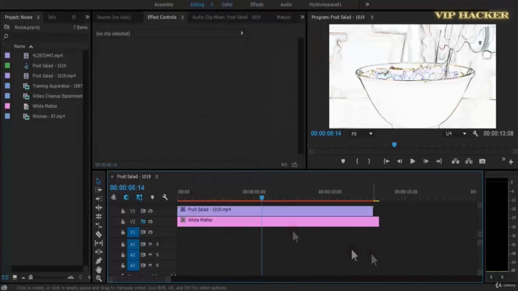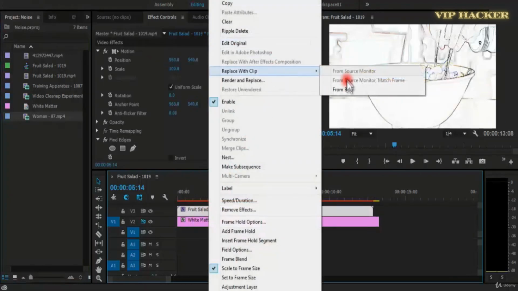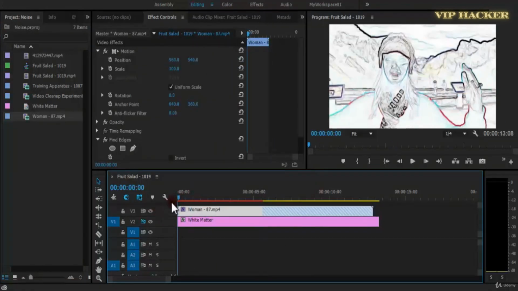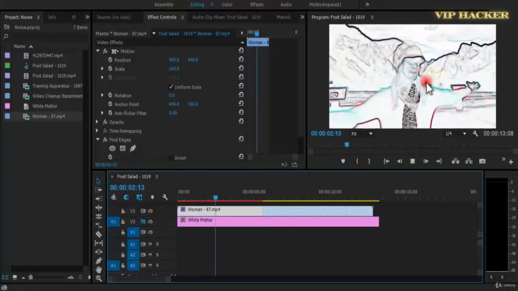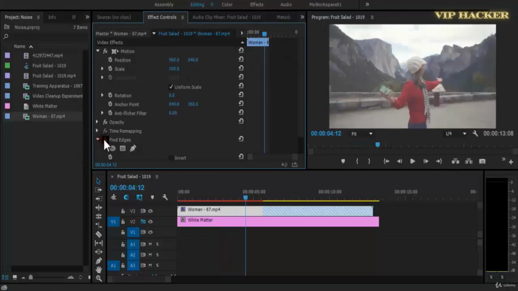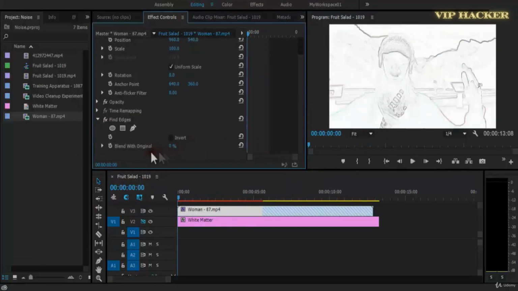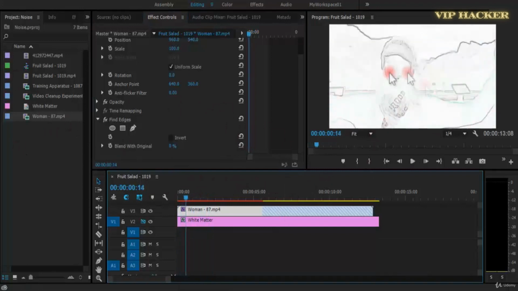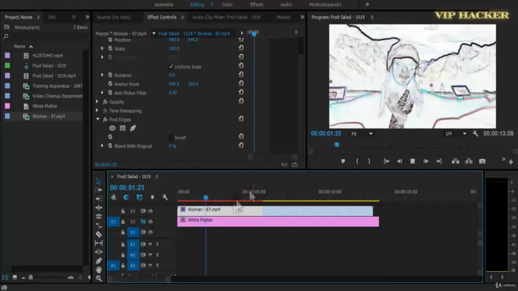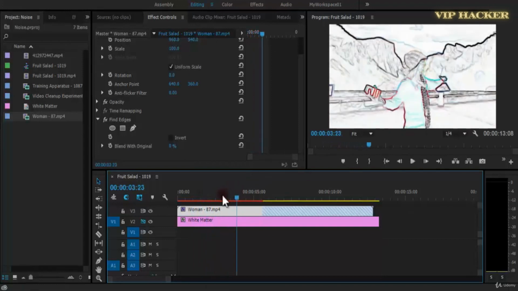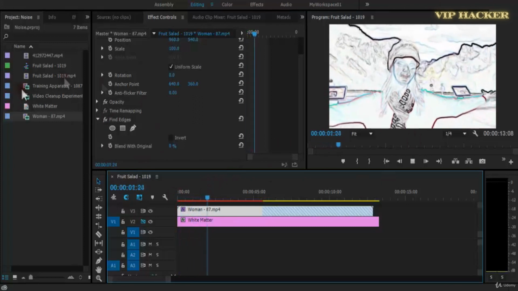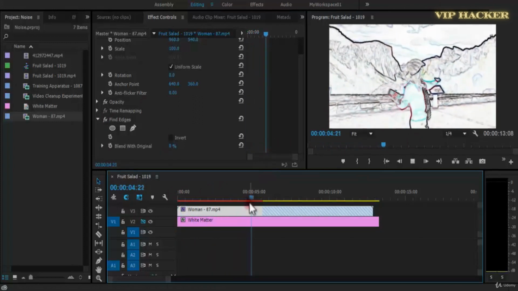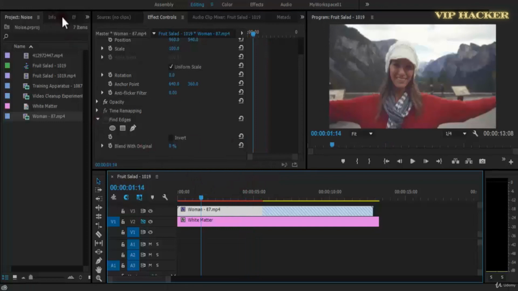I would say replace with come from bin. So this lady footage here. So let us have her images 0. Right now it's 0. So what it does is it calculates the corner and the edges, and it creates the artistic or the sketchy kind of feel to the video. So this was our find edges,